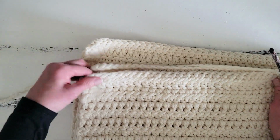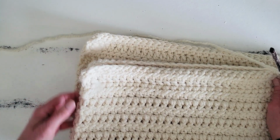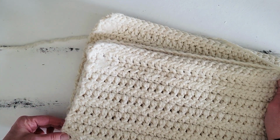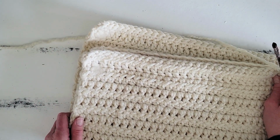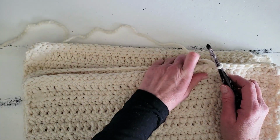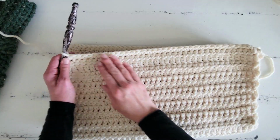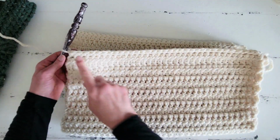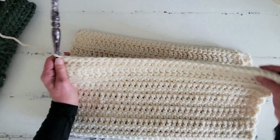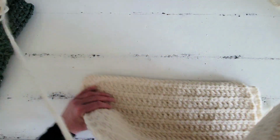And then when we get to this end down here, we're going to stop, and then I'm going to show you guys how to go down the raw edge where we don't actually have stitches, because this was the edge of our work. So I'm going to go ahead and finish this across, and I will see you guys down here. Okay, you guys, so I've come to the corner down here. I've got my whole top edge crocheted together. So we're going to go ahead and